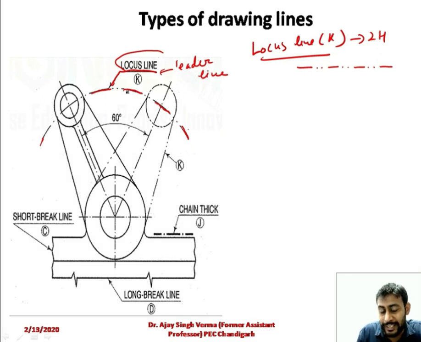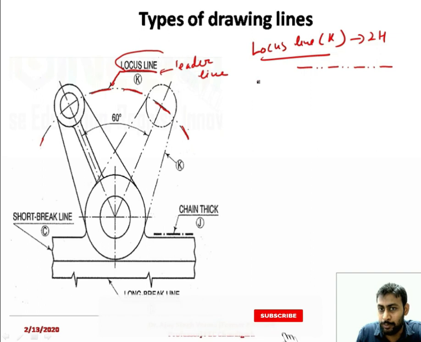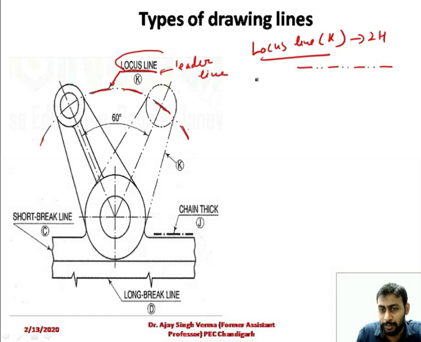So these are very important terms, students. You should know about each and every line, because in drawing every line has its own meaning. It does not mean that any line is nothing; whatever line is represented on your drawing has its own meaning. It's very important, students. So remember this, and never draw unwanted lines on your drawing sheet. The observer, or the drawing reader, will be confused about the meaning of such a line.